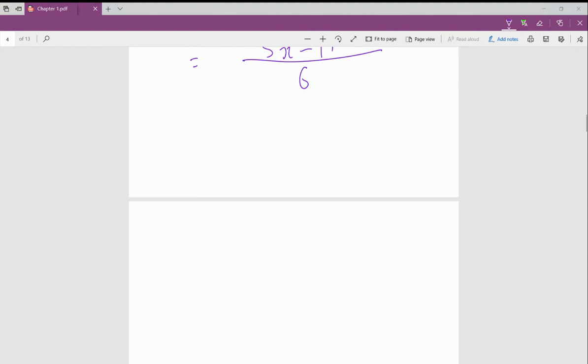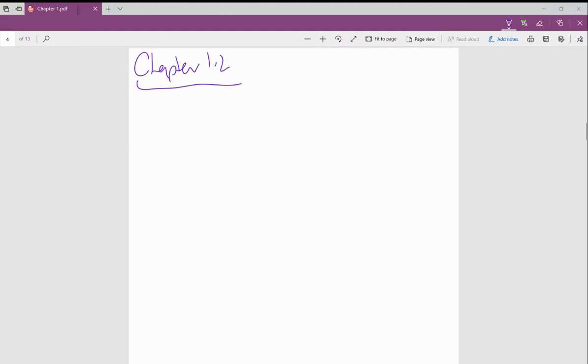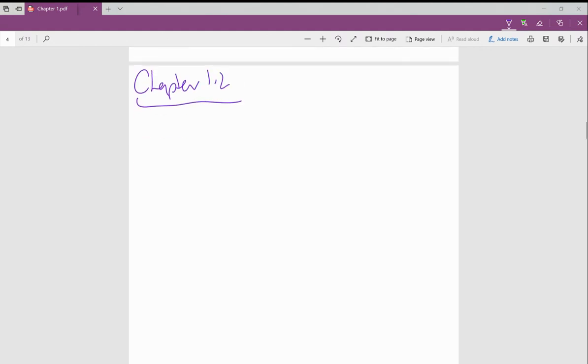Okay, good. I'm going to go to the next one, which is chapter 1.2. I'm following the textbook quite closely, so you can take reference on the textbook. 1.2 is on solving linear equations. Solving linear equations. There are a couple of things you got to take note. For example, a simple one,